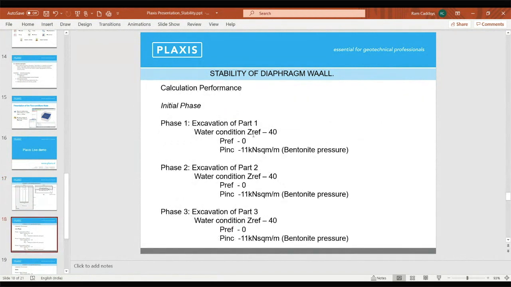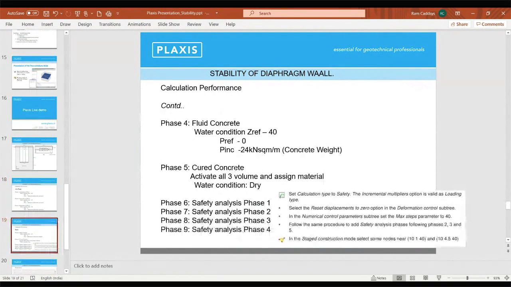So phase 1 is excavation, phase 2 is the water condition, part 2, and excavation for part 3. So these 3 phases. The initial phase is actually a greenfield condition. So that is what we are going to create. And in the fourth phase, we are concreting all the 3 segments. We are providing the concrete.